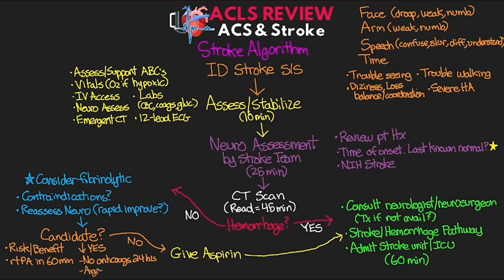And it's going to be really important that we're aggressively monitoring their blood pressure as well as for any signs of neurological deterioration. And then from here, we want to emergently admit them to a stroke unit or ICU if they are not already there. All right, so that sums up our stroke algorithm as well as our overall review of the ACS and stroke algorithms. I really hope that you guys